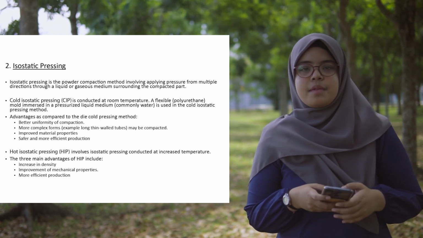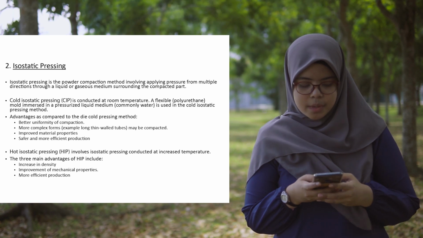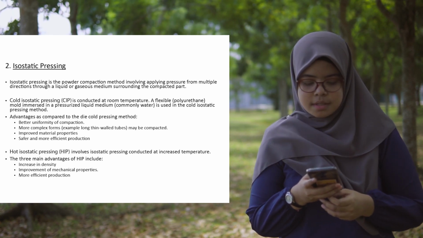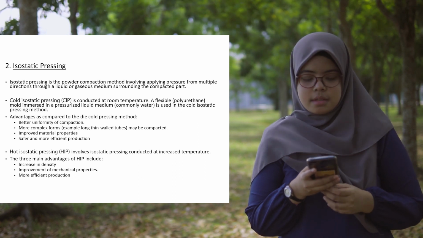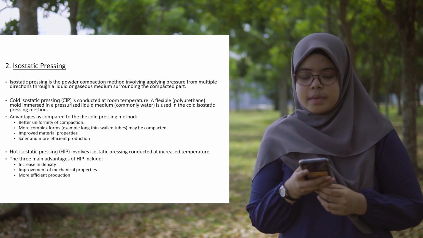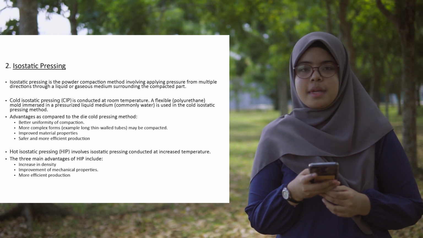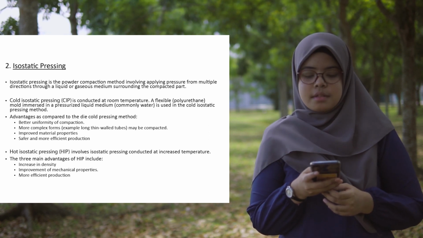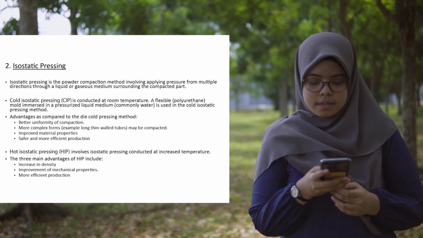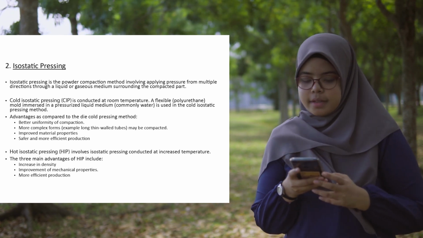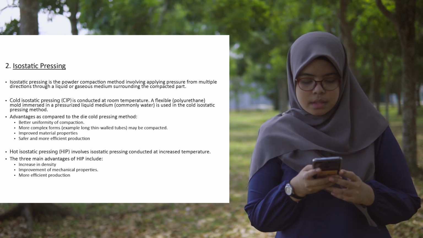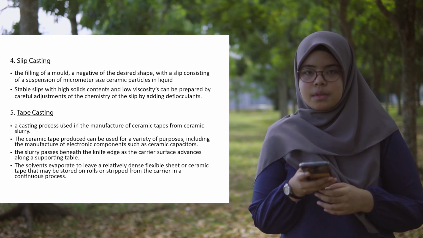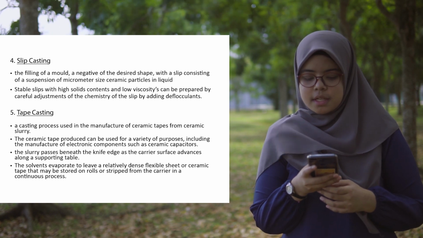There are 2 types of isostatic pressing. The first one is cold isostatic pressing, and the second one is hot isostatic pressing. So isostatic pressing is the powder compaction method involving applying pressure from multiple directions through a liquid or gaseous medium surrounding the compacted part. So the next one is slip casting, the filling of a mold, a negative of the desired shape,